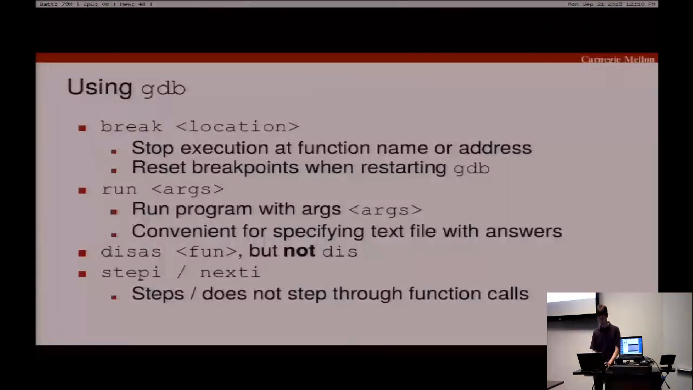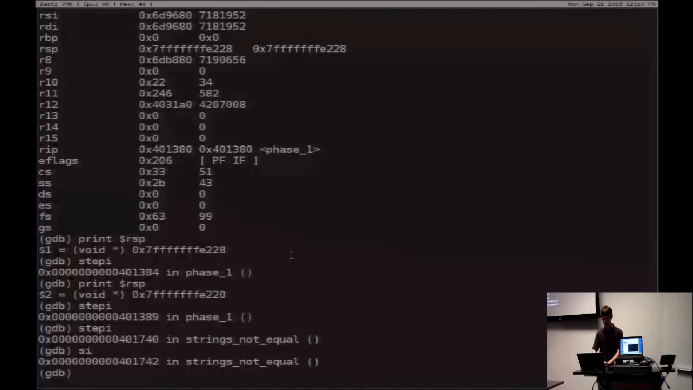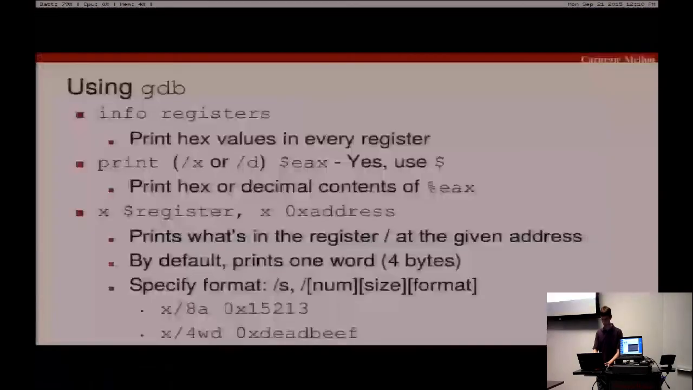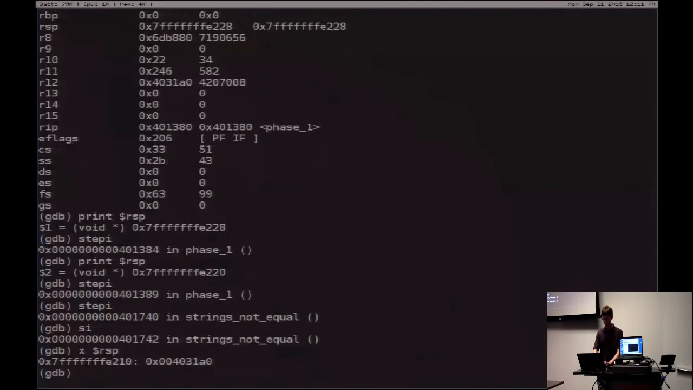Okay, so what else do we have? So info registers, we've shown that. We've shown printing. Then there's X. So X is the examine command. So what's the format for X? We can give it an address or a register. So if we want to examine what's at RSP, we can see this way what the value at RSP is. It tells us where RSP is and that its value is this constant here,